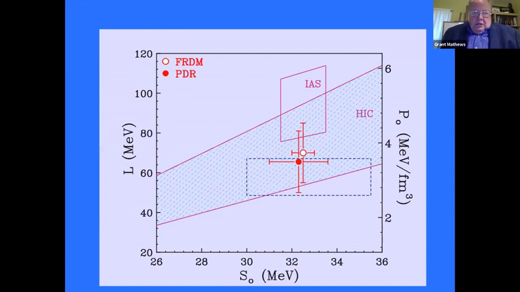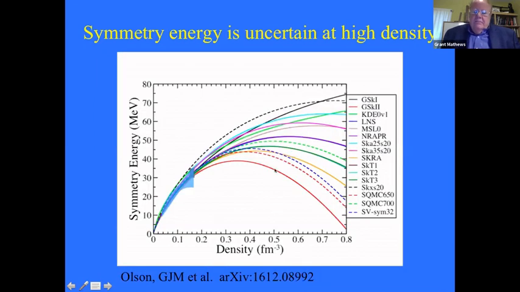But this is something that can be probed by heavy ion collisions. For example, this is that linear parameter combination, the isobaric analog state, and heavy ion collisions. One can get some constraints on this. The biggest uncertainty, in my opinion, in both supernovae and supernovae leading to the R process, and as we'll see, neutron star mergers, is this density dependence of the symmetry energy. It's a figure from the PhD thesis of one of my students a few years ago.